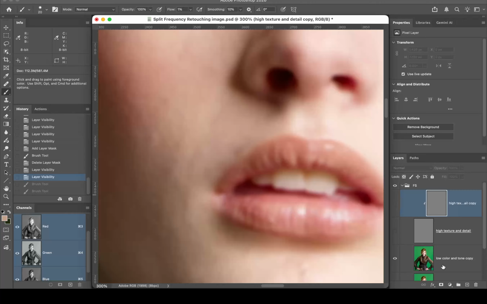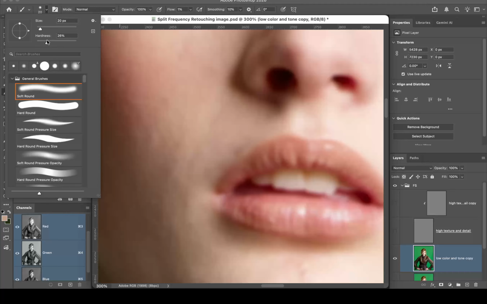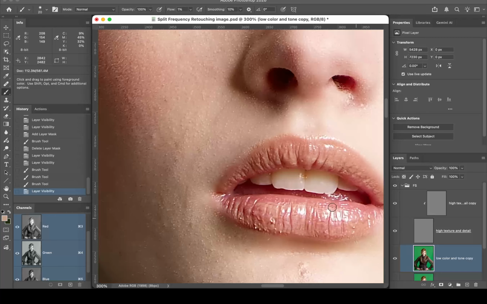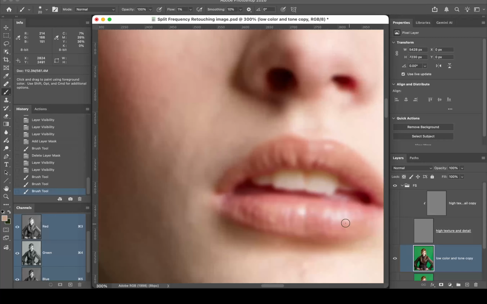I'm also going to soften it up a little bit more. Right now it's a 50%. I'm going to take it down to like a 25%. And then I'm going to do the same thing again. In this case, I know I've fixed it right here. I'm going to take a look at it with the high layer on, and I can see that it's actually gone. But if I hit Command Z to bring it back,